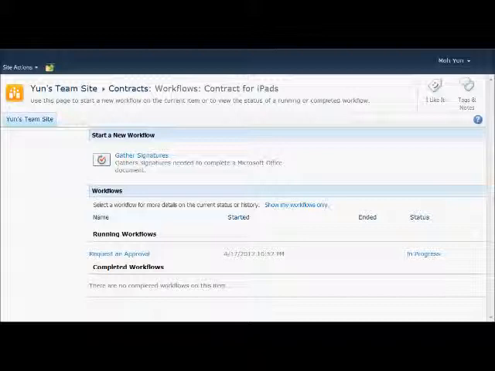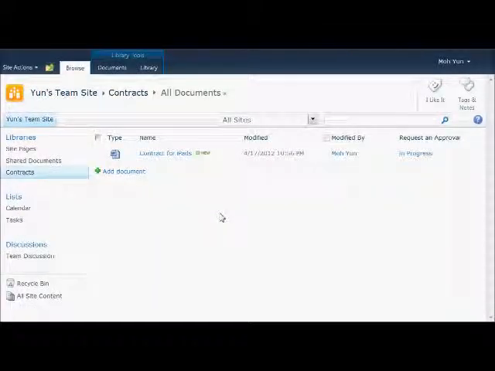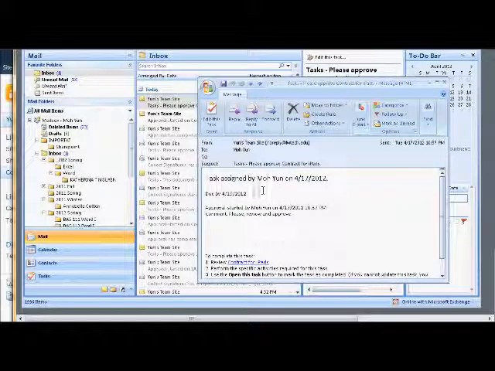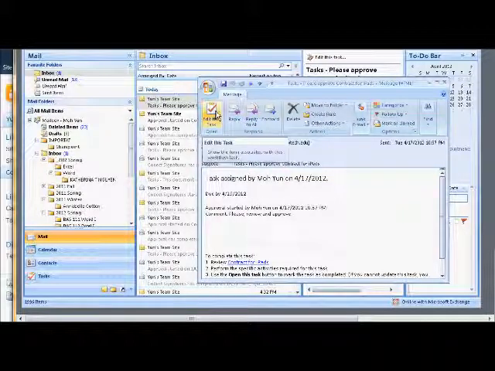I'm going to go back, and now quickly I'll show you how the person who's approving will get the notification. Here is an email, and once the approver opens the email, he or she can click on edit the status, edit the task. So task means basically